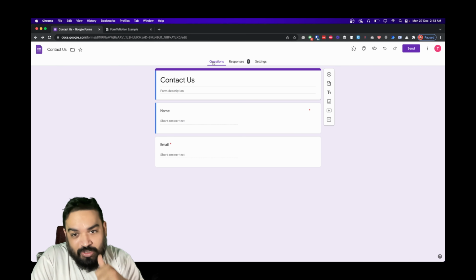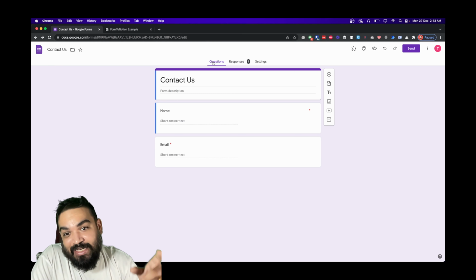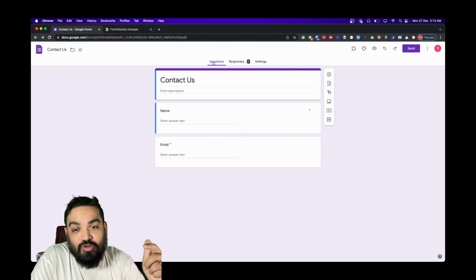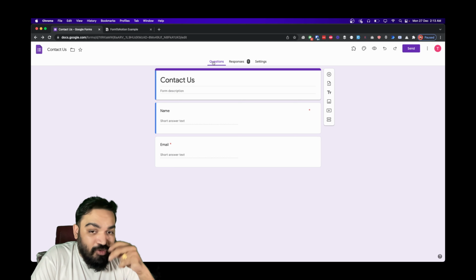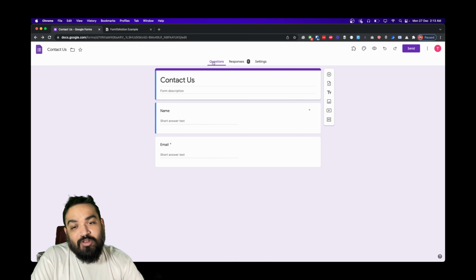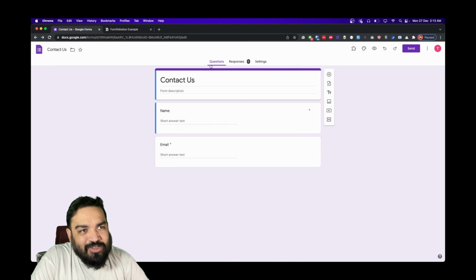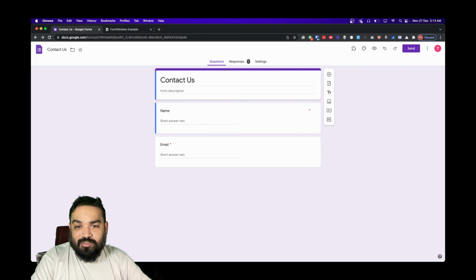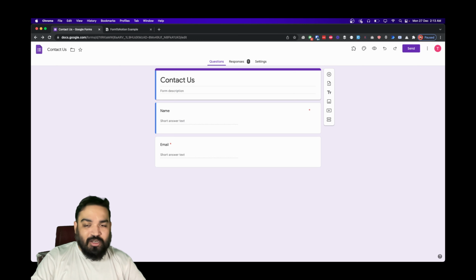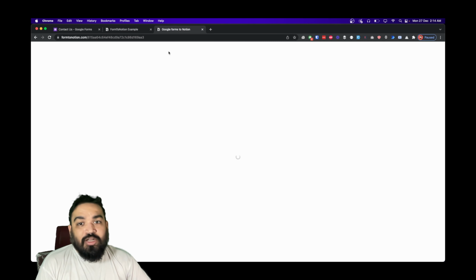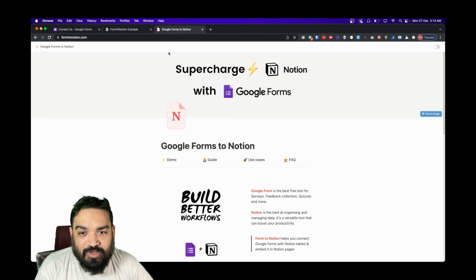And if you notice, there is also no way to send any existing data or existing submissions in your Google form directly to Notion. So if you're expecting that as a feature as part of this add-on, that is not available. But at the end of the day, I think we are getting a lot of features for free. So if embed doesn't work, it should still be fine. So let's quickly check what are the other features available as part of this tool.